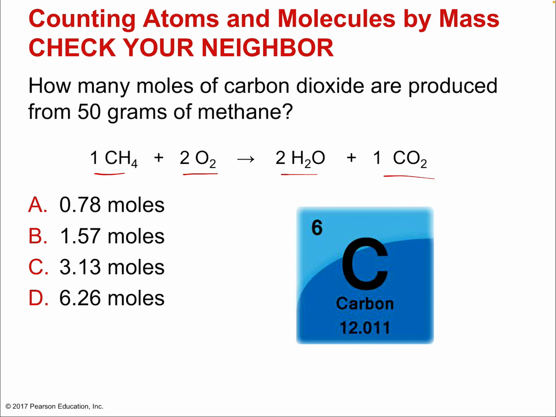We're given how much methane we start with, 50 grams of methane. So let's think about that. If I have 50 grams of methane, and I'm forming carbon dioxide, I need to know the actual atomic mass of the carbon dioxide. So I look over here at the carbon dioxide,